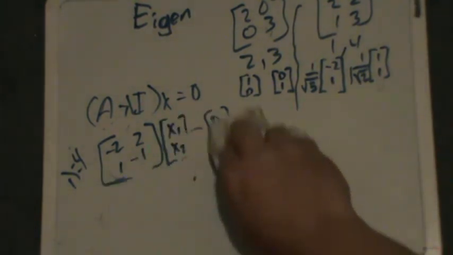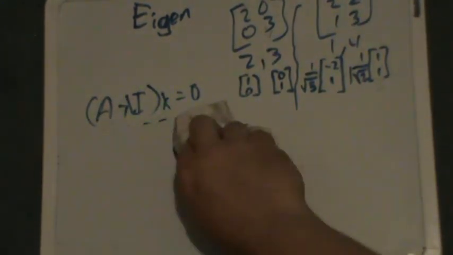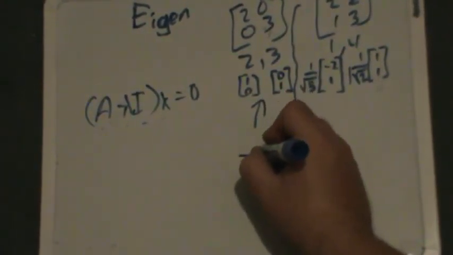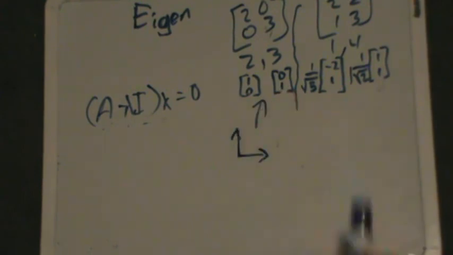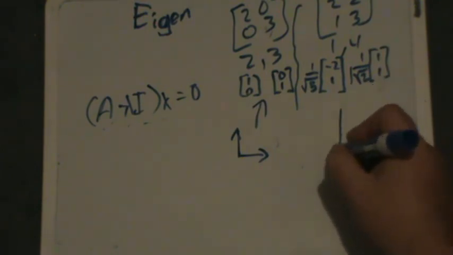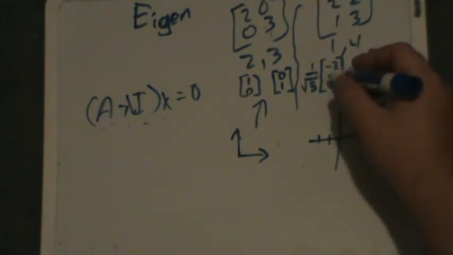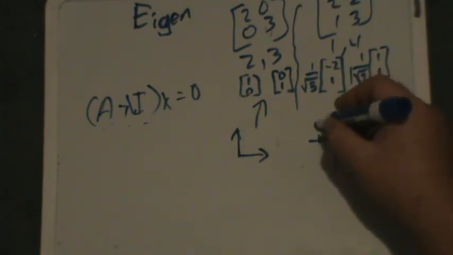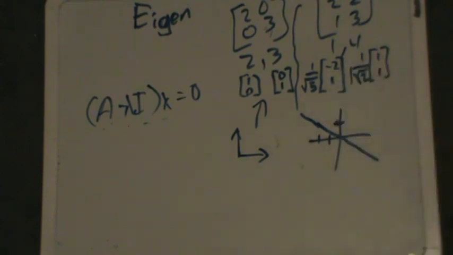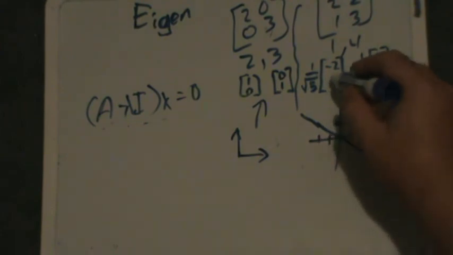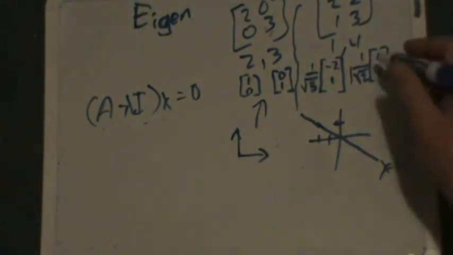If you want to draw them, as we showed before, this one right here has 1, 0 pointing in the x direction and 0, 1 pointing in the y direction. When we get to this one, it's minus 2 in the x direction. So you kind of consider your space. You go minus 1, 2, and then 1 in the y. So that's the first. This is the lambda equals 1, and multiples of that one just define this entire line. This one is 1, 1.